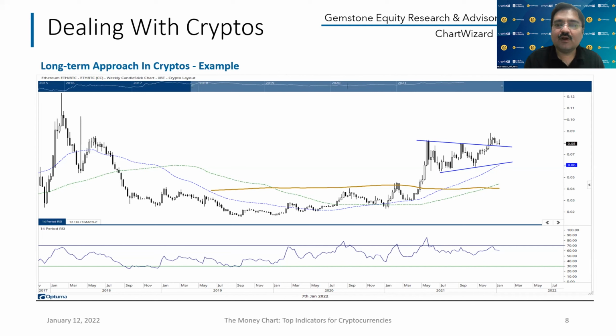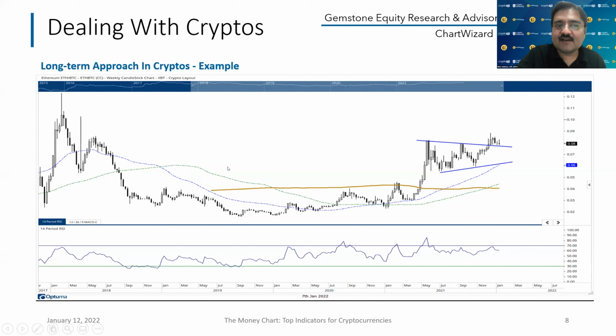So how will I go about it if I want to buy Ethereum and store it with an expectation of appreciation in the future price value? What I'll do is not adopt any complex technical indicators or any complex system, but I would just acquaint myself with the identification of patterns and supports on the charts. I will educate myself with very basic concepts of technical analysis. I'm explaining this with an example.